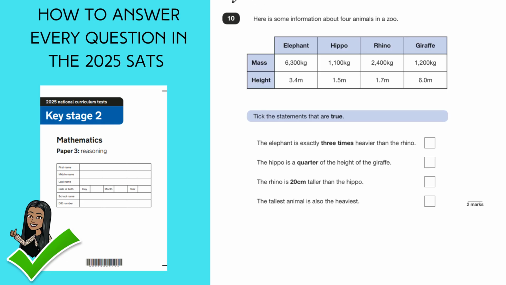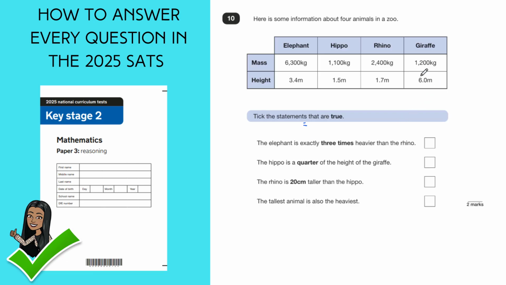Question 10. Here is some information about 4 animals in a zoo. And you can see we have a two-way table here. We have 4 animal names across the top. And then down the left hand side we've got information about the mass and information about the height. So we have mass and height of every animal. Tick the statements that are true. So we'll evaluate each statement as we go, and it says statements, so that means there can be more than